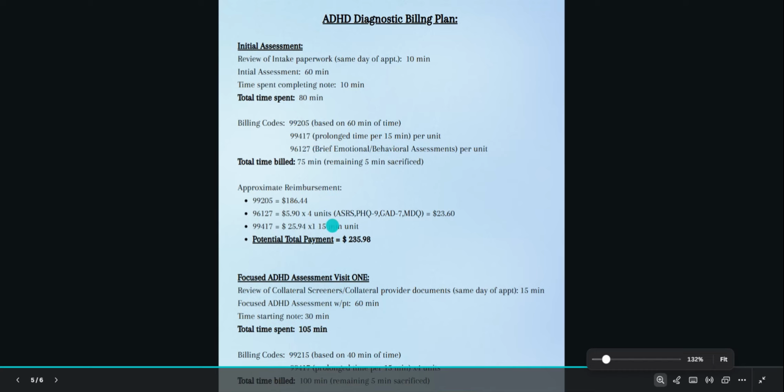So if we look at approximate reimbursements, again, these are based on average Virginia Medicaid rates right now in my area. So the 99205 is about $186, 96127 is $5.90 per unit. So if you do 4 screeners in that initial assessment, would be about $23, $24 there. And then the 99417, one unit of 99417 is $25.94. So if we add all of that up for a Medicaid rate for that initial appointment that took you about 80 minutes with the patient would be about